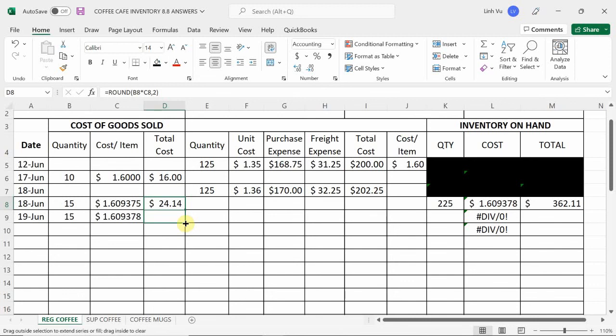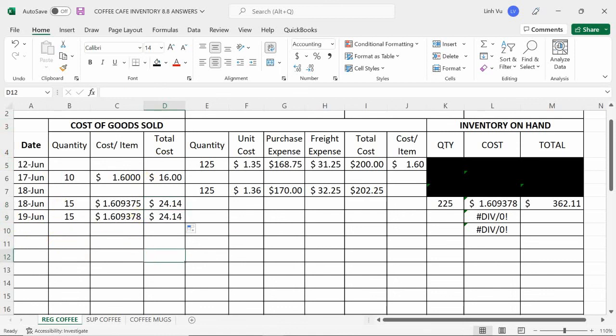So, how much did it cost me to sell 15 pounds at $1.609378? 24.14. Right, 24.14. Good. Now that we have our cost of goods sold,